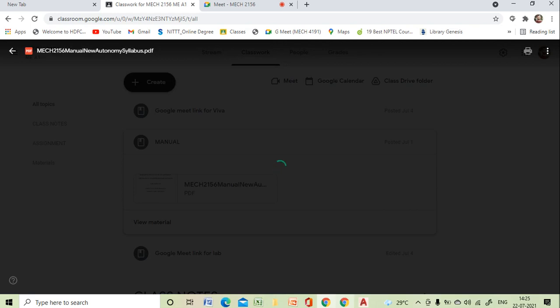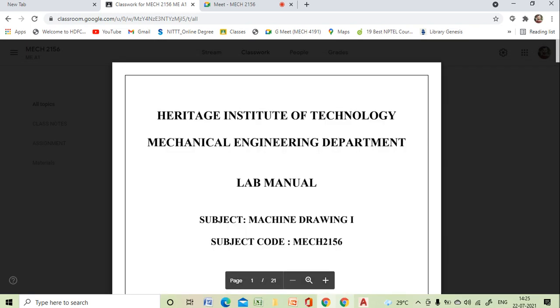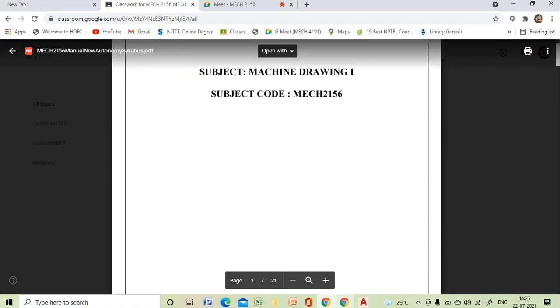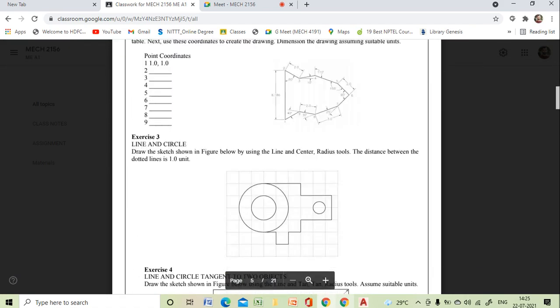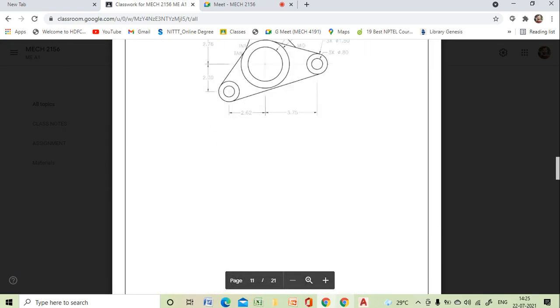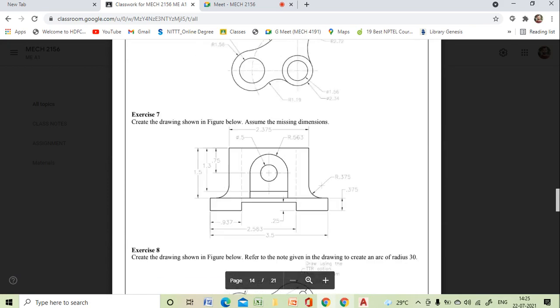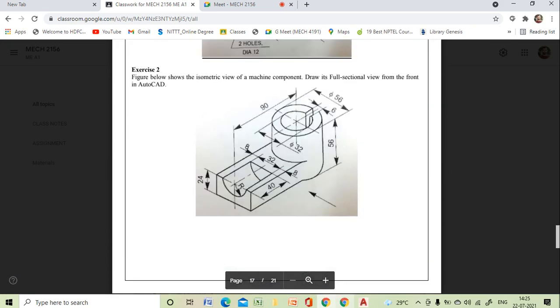It is also mentioned that the bolt is a hexagonal bolt. If it is a square bolt, then the relations will change. So it will also be declared that the bolt is a hexagonal bolt. Now if the bolt is hexagonal, you have to remember those relations and use them to draw that bolt.